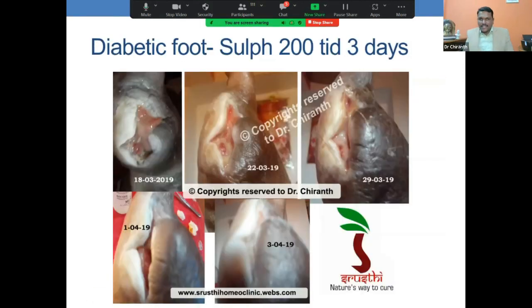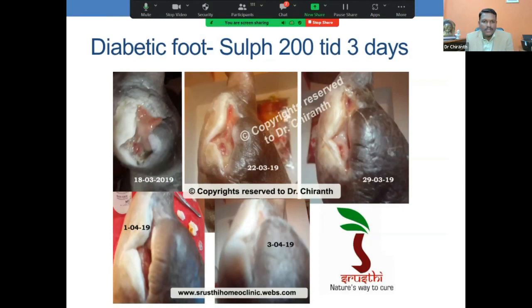Okay, this was a case with similar case taking. We arrived at sulfur. That was the remedy indicated. He went to a surgeon and he got his great toe amputated, right foot great toe amputated. But the wound didn't heal. So then he comes back to me, and within, you can just see